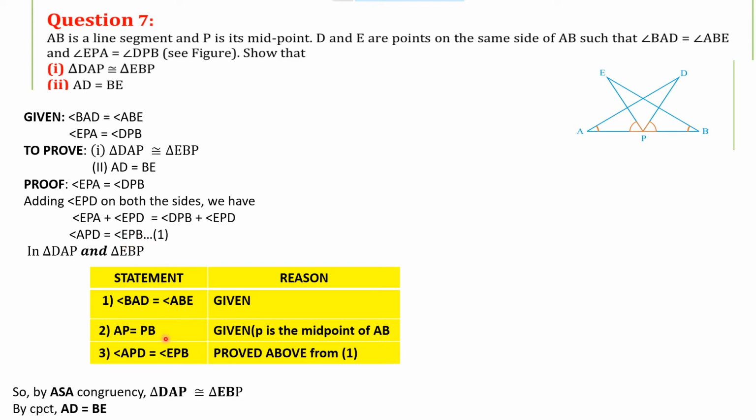So we can apply the condition: this is angle, this is side, and this is angle. You can see from the figure also. First one is angle, next one is the side equal, and third one is the angle in the first triangle. Similarly, in the second triangle, you are having angle B equal to angle A. Next, AP is equal to PB. Next one is side, and third one is the angle. Therefore, by angle, side, angle, these two triangles are congruent. Once the triangles are congruent, the corresponding parts are equal. Therefore, AD is equal to BE.